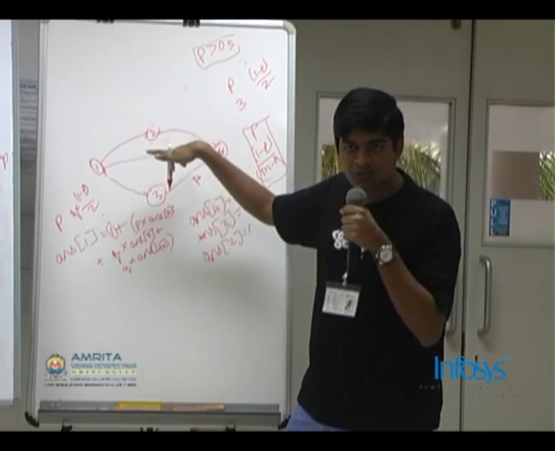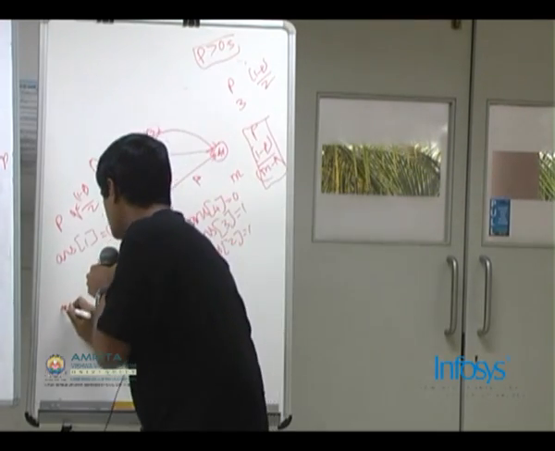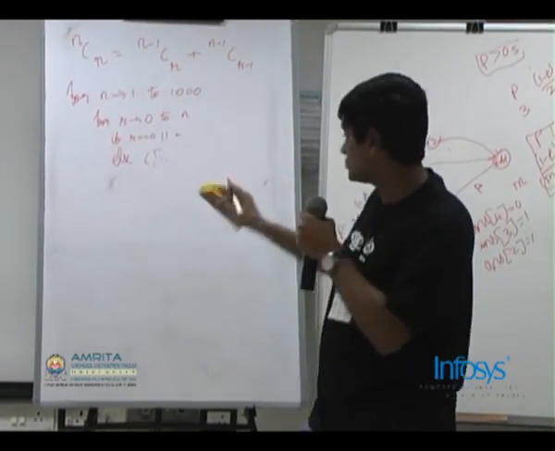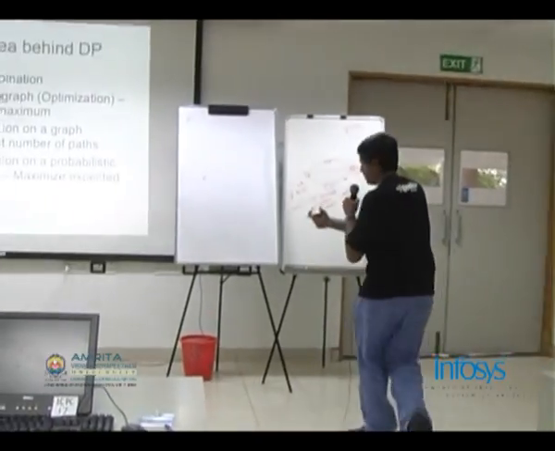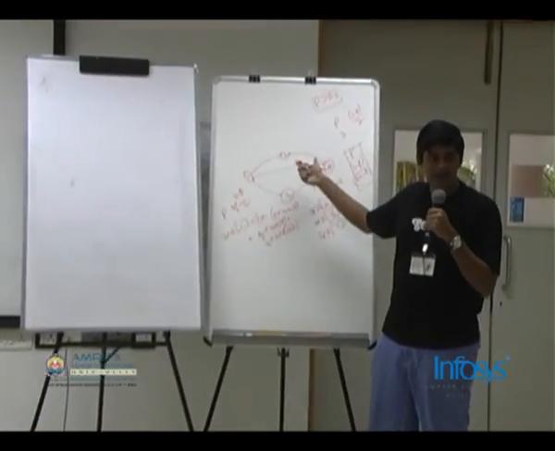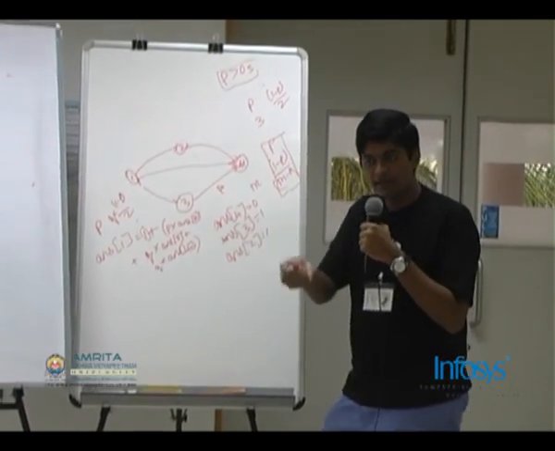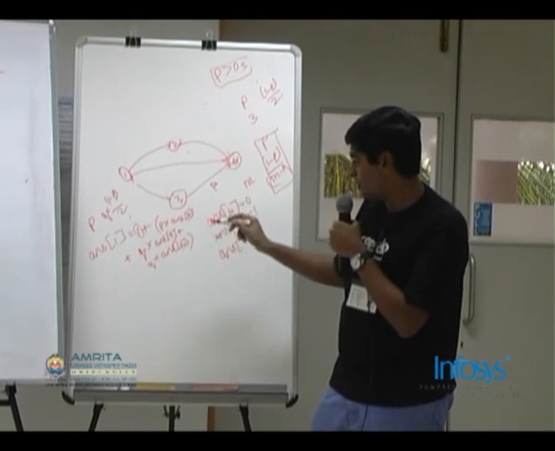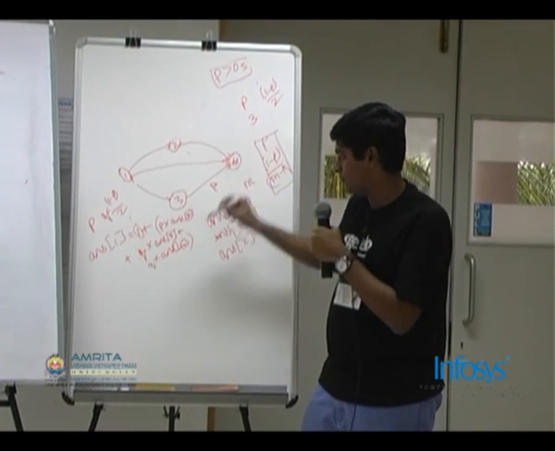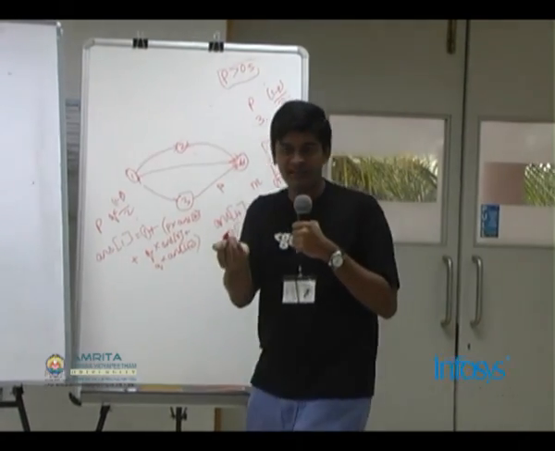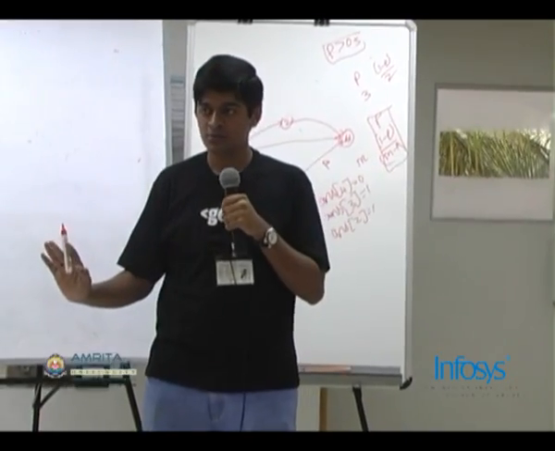If I choose the edge 1, 4, the recurrence I will be getting is, okay, can anyone tell the recurrence? If I choose the edge 1, 4: 1 plus p into answer of 4 plus q into answer of 2 plus q into answer of 3. Yes. What he says is, if I take the edge 1, 4, with the probability of p I will go to 4, and with the probability of q I will go to 2 and 3. So it will be p into answer of 4 plus q into answer of 2 plus q into answer of 3. What he said is correct. Is this fine? Okay.